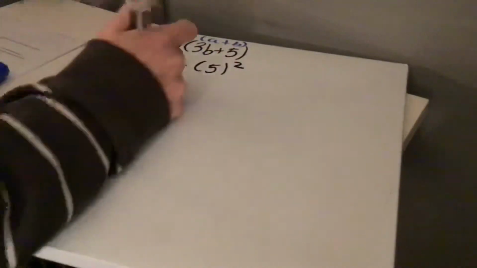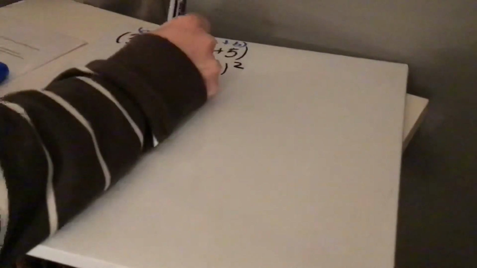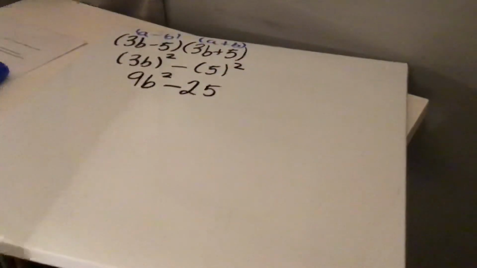So 3b squared is 9b squared, minus 5 squared is 25. And I've multiplied my two binomials. Okay? Then if we do